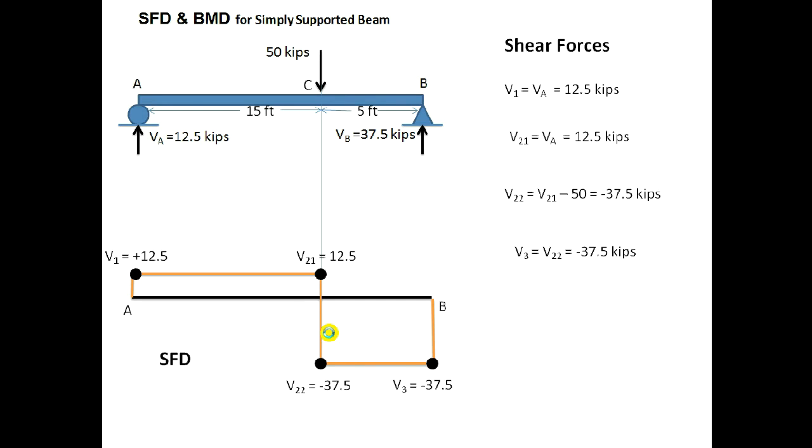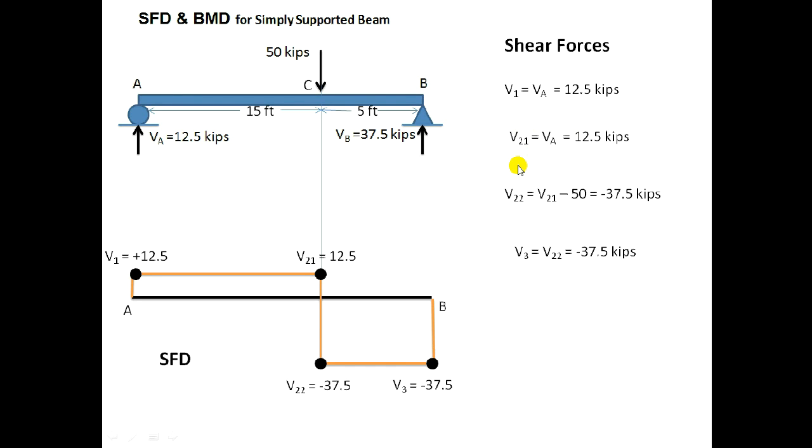Now the shearing force at C is 12.5 at the left side here and minus 37.5 here. At point B the shearing force is V3. From C to B no shear force is changing because no load is acting over here. So the shear force is the same, which is minus 37.5, meaning anti-clockwise shearing is acting in this region. And at B the shear force is VB. This we can find out.